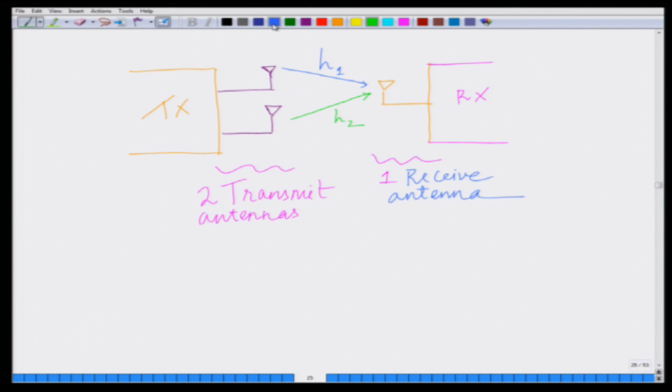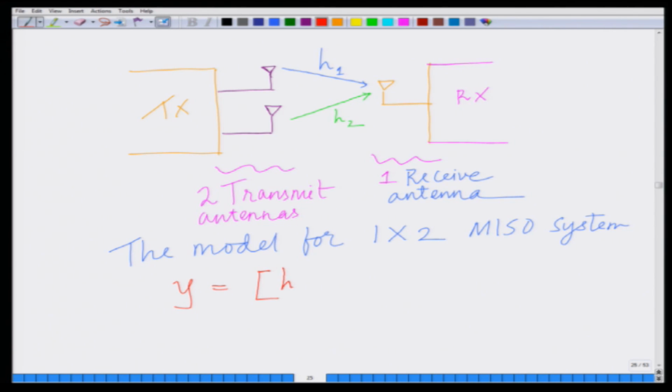Therefore the model for this MISO system, in fact this is a 1 cross 2 MISO system, is the received symbol y equals the 1 cross 2 channel h1 h2 times the transmitted vector x1 x2